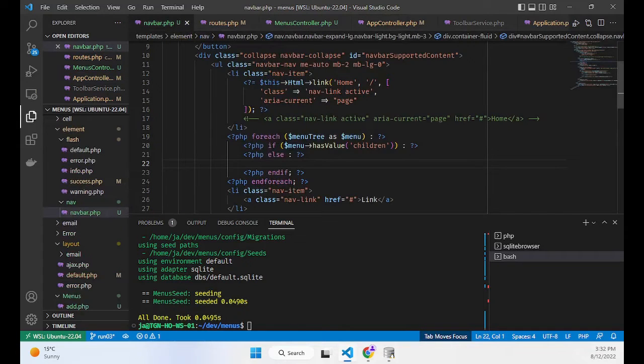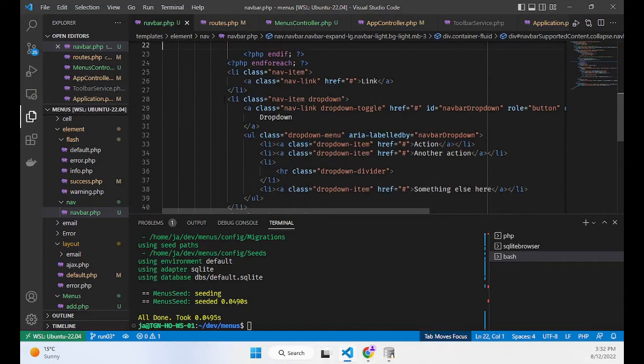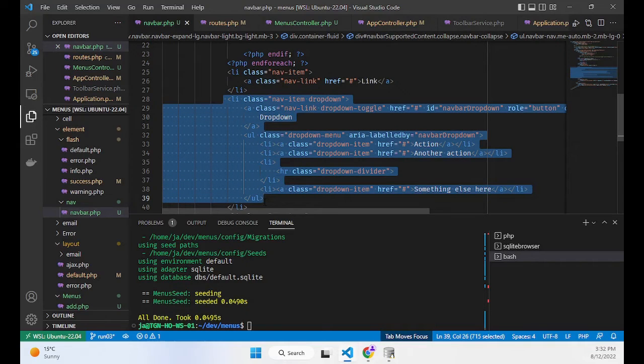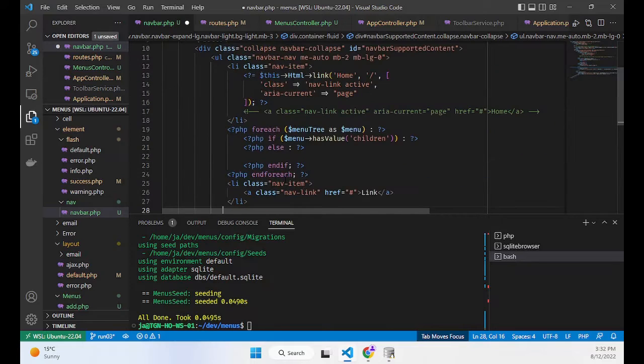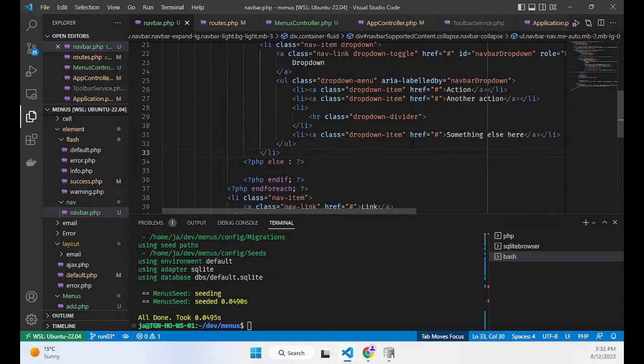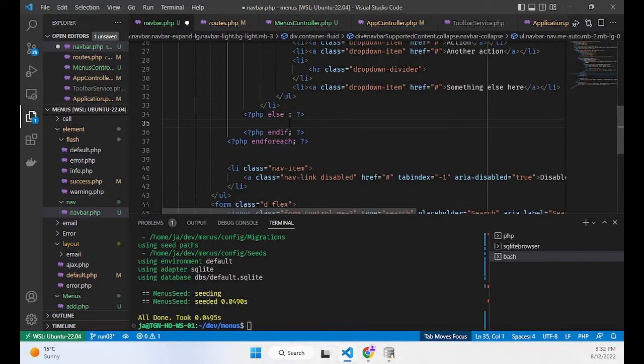So we're saying if this is a menu that has children, we want a drop down arrow, a drop down. So we're going to grab this code here and create a drop down list here. So if it's got children, here's our drop down list. If it doesn't have children, we just want it to be,